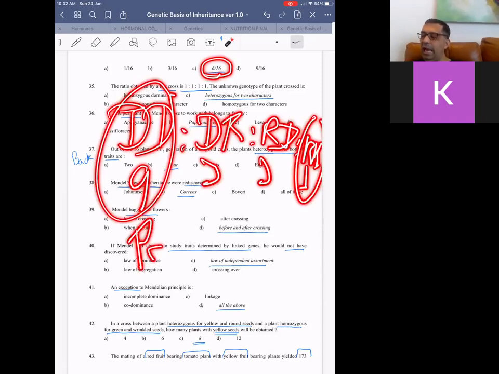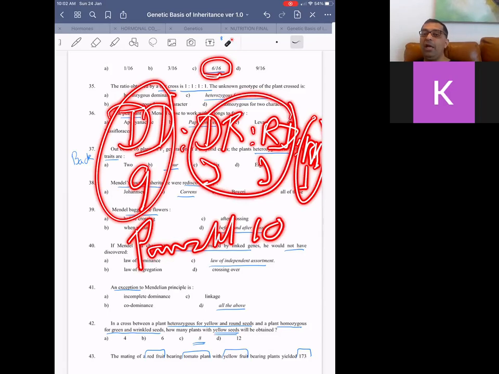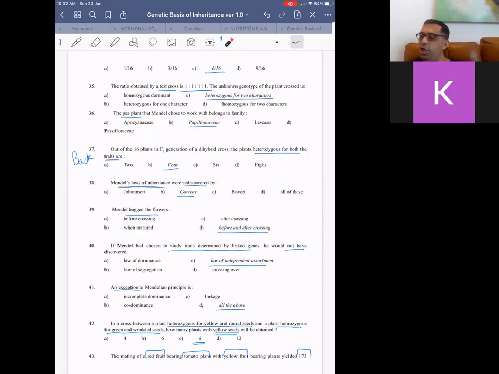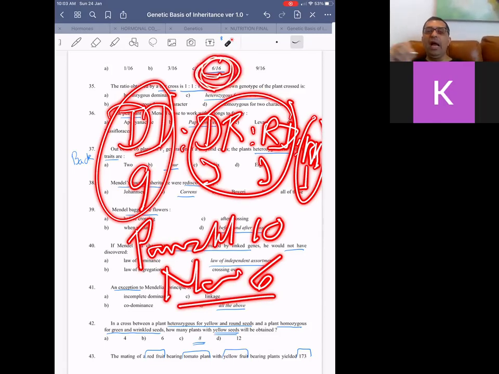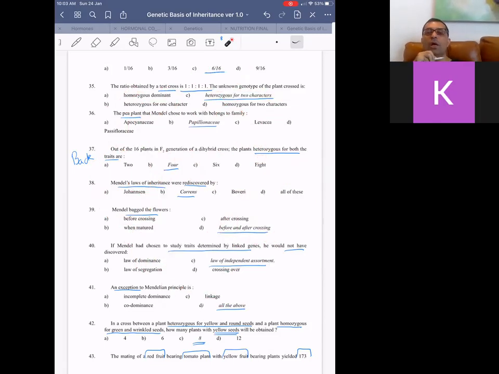तो पेरेंटल कितने हो जाएंगे? पेरेंटल हो जाएंगे 10. पेरेंटल इज 9 + 1 10. और रिकॉम्बिनेंट डोमिनेंट रिसेसिव और रिसेसिव डोमिनेंट ये नया कॉम्बिनेशन है, तो ये है न्यू रिकॉम्बिनेंट. ये कितने आएंगे आपको न्यू वाले? 3 + 3 that is 6. So how many were getting new combination? 6 out of 16 we get new combinations.